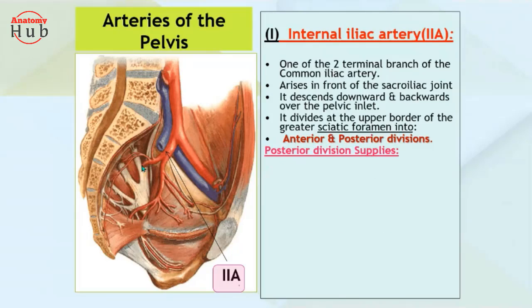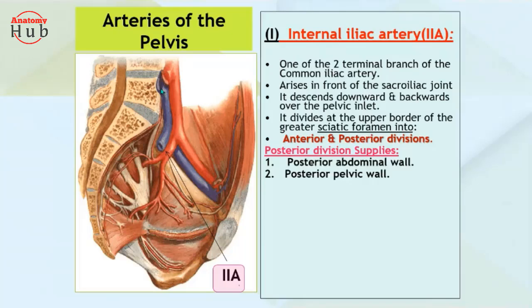So here you'll see first the posterior division. This posterior division supplies the posterior abdominal wall along with the posterior pelvic wall. How can we say the posterior abdominal wall? Because these branches are going upward and supplying your quadratus lumborum muscle, psoas major muscle,